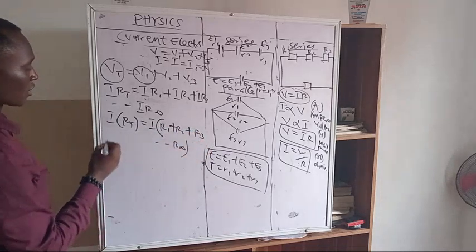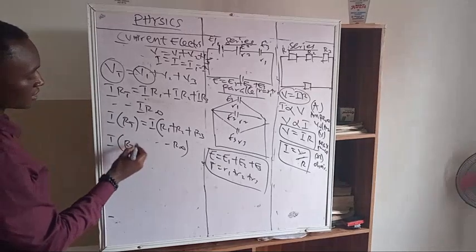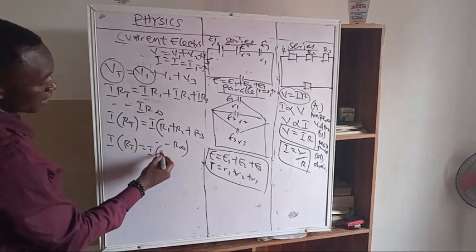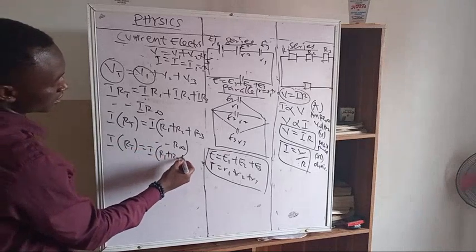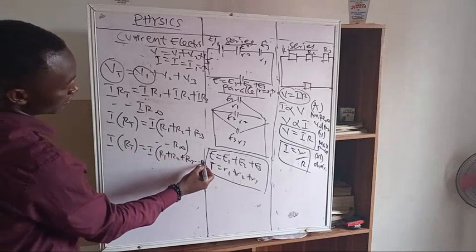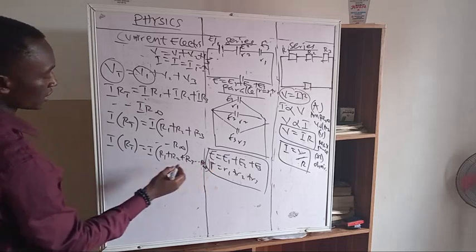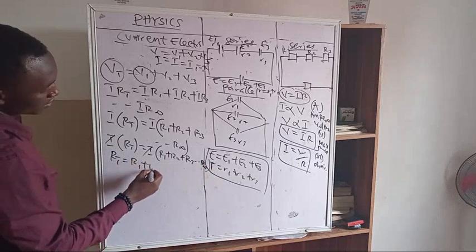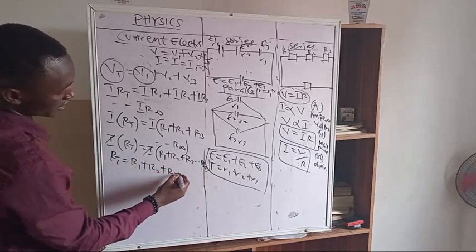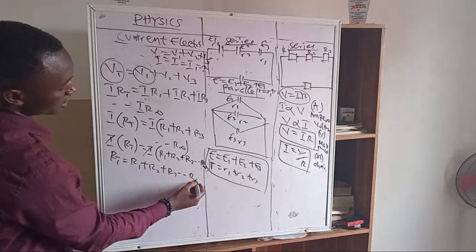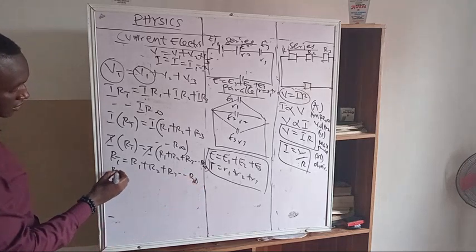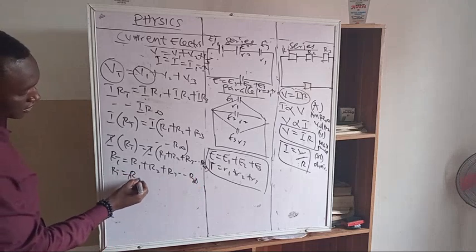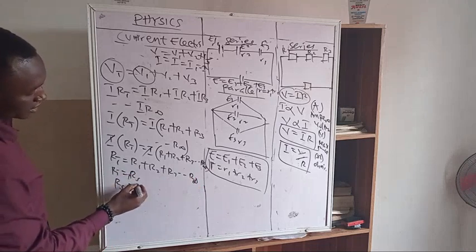Then at the end, current is going to cancel current, so we have I times RT is equal to I times R1 plus R2 plus R3 up to R infinity. So at the end of the day, R total is equal to R1 plus R2 plus R3 up to R infinity. This connection is what we call a series connection, R series. So we have series connection of a resistor is equal to R1